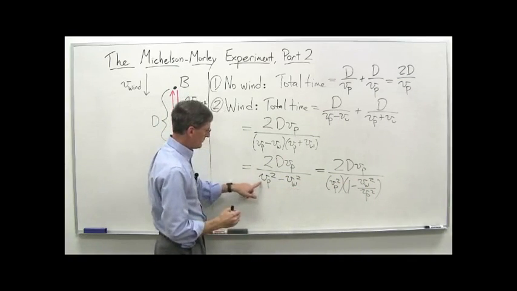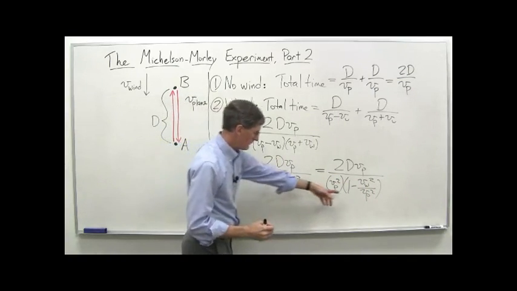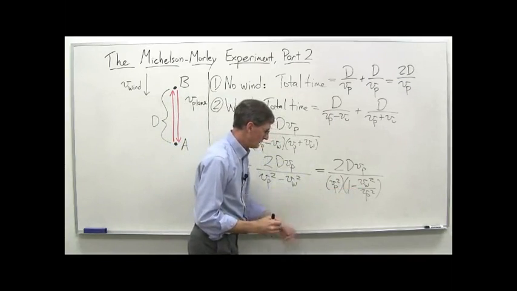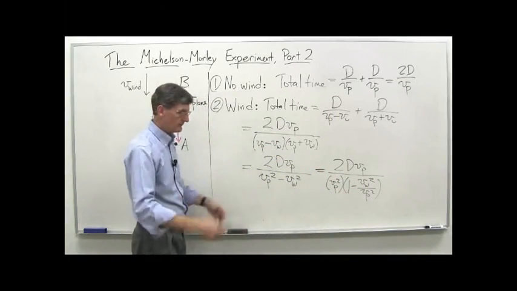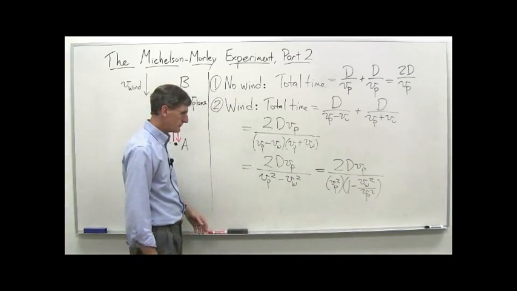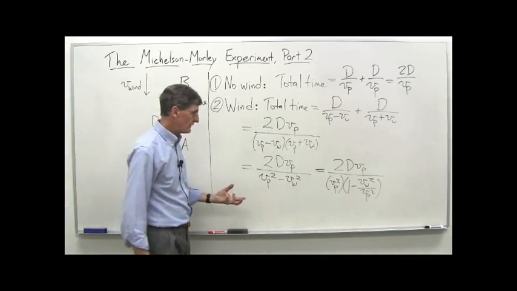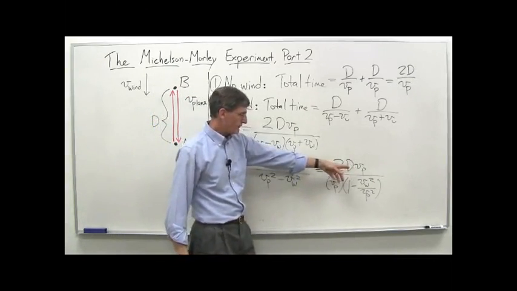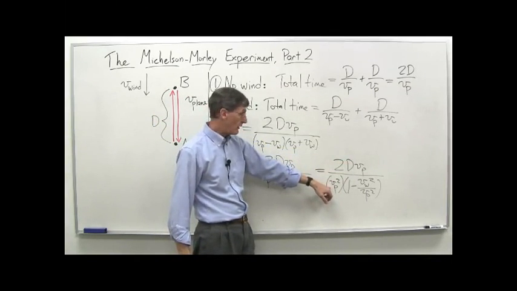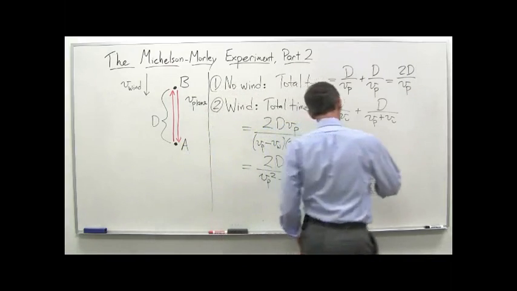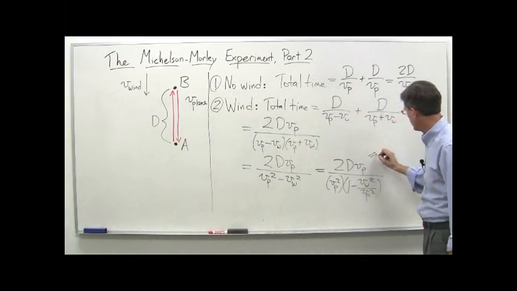I just pulled out the Vp squared term here, so that gives me the 1 there, and on the other term, Vp squared times that would give me the Vw squared again, so they're identical there, they're equal. And the reason I did that is now I can cancel this Vp on the top. I've got a Vp on the top, I've got a Vp squared on the bottom, and so this thing then equals, we'll write it up here,